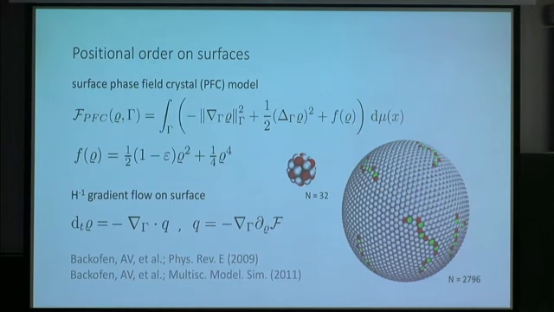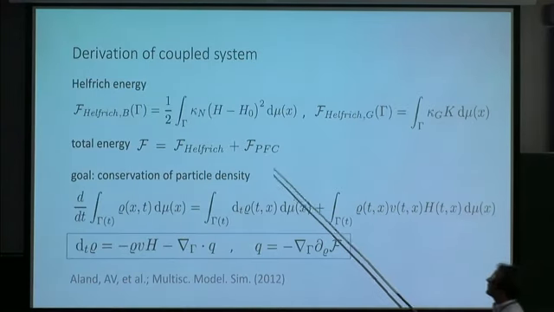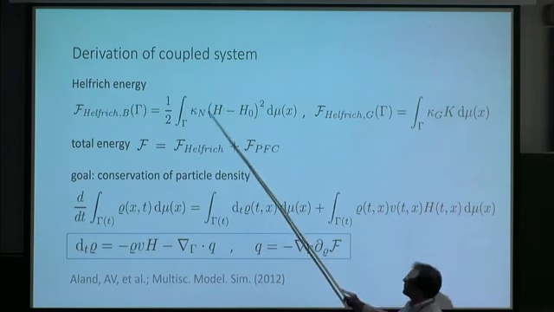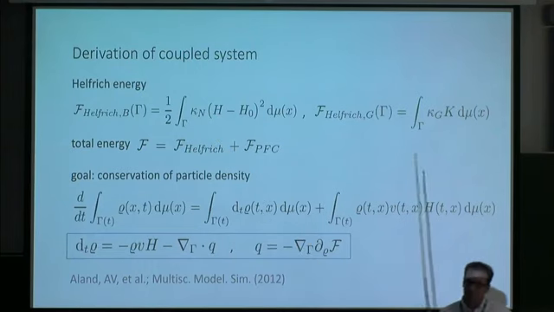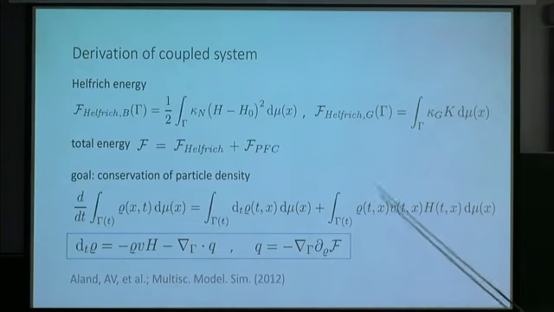So now how to couple this to an evolution of the surface. Now I would like to have, in addition to this energy, a Helfrich type energy. H is the curvature, and I have a bending rigidity, and this bending rigidity I will make depend on the variational derivative of my PFC energy. And now, to get a coupled system of the